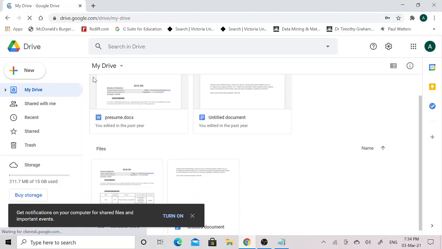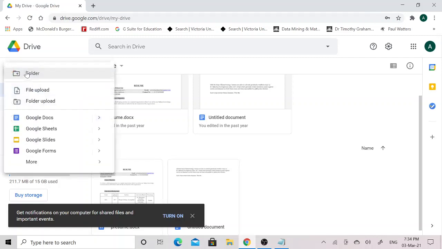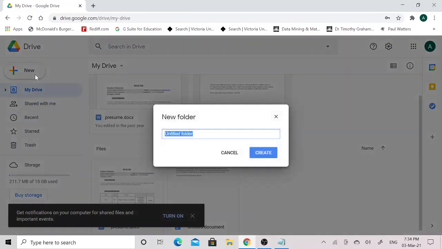Then top left corner, you will find the new button. You will have to click on this new button and you can select folder option. Here you will have to create a new folder.